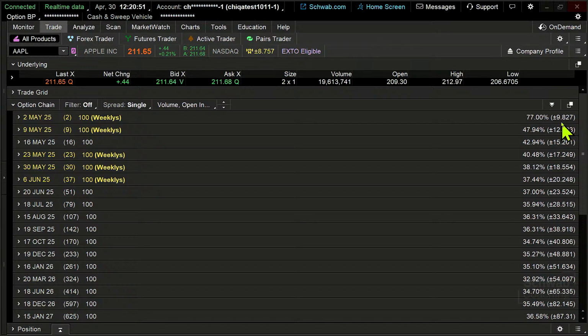And plus or minus $9.08 from that level, that's going to put us up at about 220, or down at about 201, 202, right? So that is that potential move. So again, it's going to be simply another way to see possible movement. I'll show you again as we get into some of these other areas how this relates. So that's the number 3 way to see implied volatility here on the Thinkorswim platform.